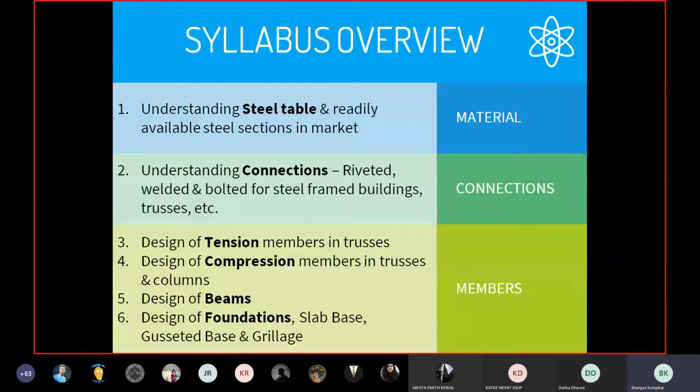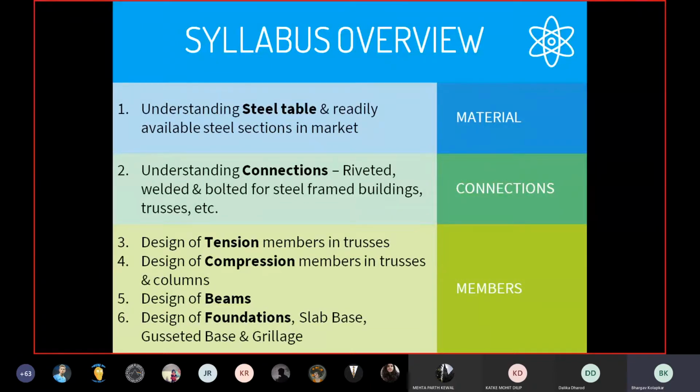at the tight schedule we have this semester, we might have to work on the important or the mandatory things first, and then maybe we could expand the scope as and when possible and look at various projects. So I have categorically segregated the syllabus in three parts. First is a very basic understanding of steel as a material,